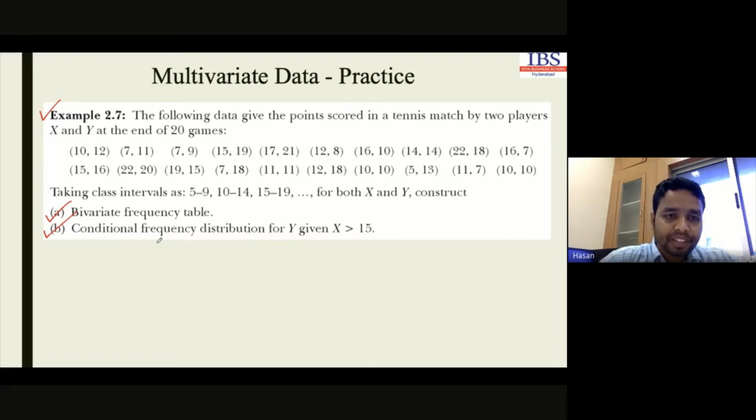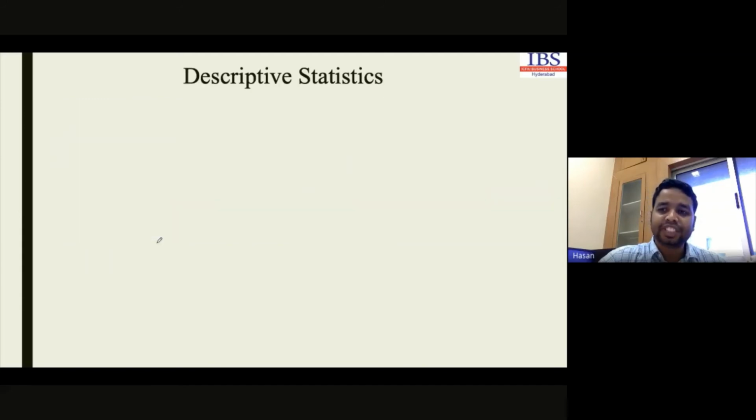Okay, our next part is descriptive statistics. Before starting descriptive statistics, we just discussed data representation in tables and graphs. Once we represent the data in tables and graphs, it becomes meaningful data, and by applying statistical tools, we can easily draw conclusions. Representation of the data alone is not sufficient to draw conclusions, so we have to apply some statistics also.